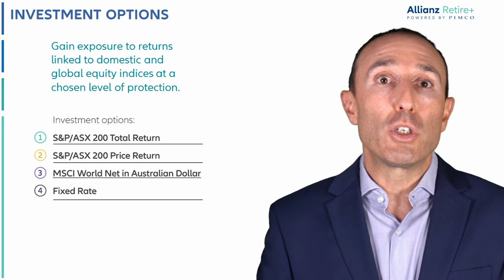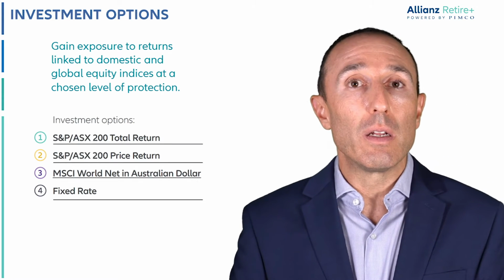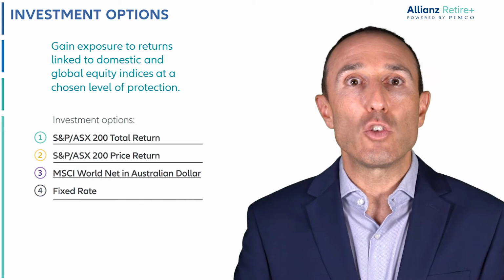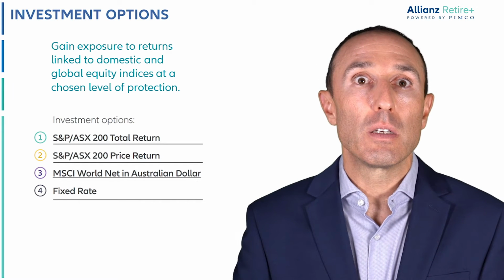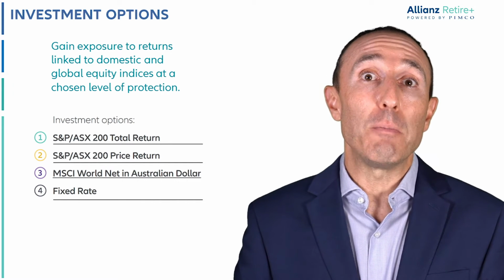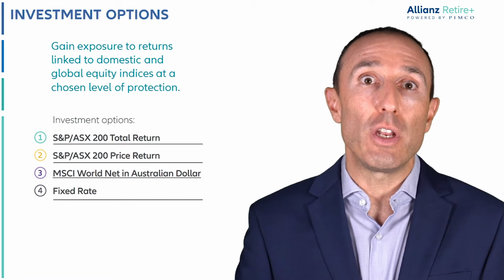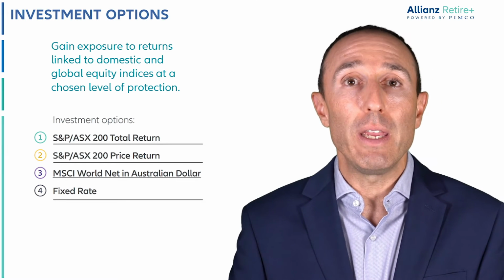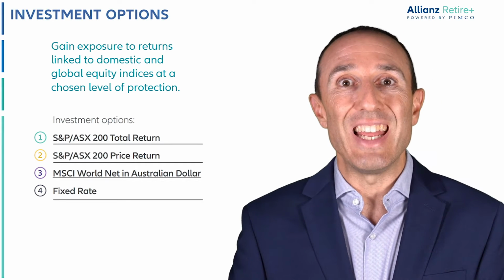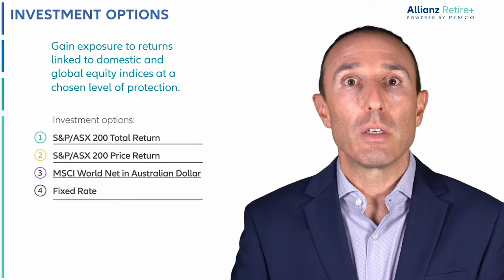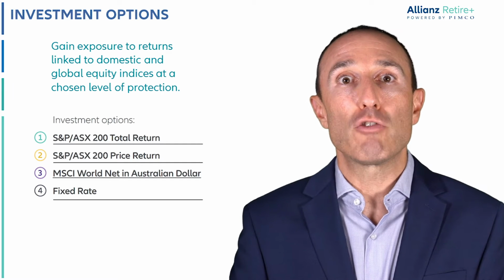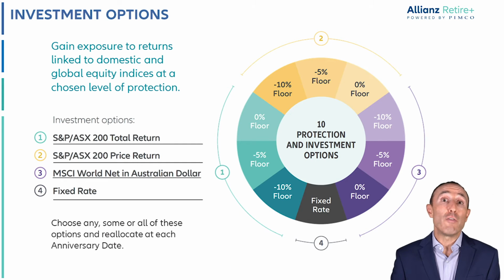The 4 investment options that are available are: 1. The S&P ASX 200 Total Return Index, 2. The S&P ASX 200 Price Return Index, 3. The MSCI World Net Index in Australian dollars, and 4. A fixed rate. Now, investors can choose any, some, or all of those options, and they can reallocate at each